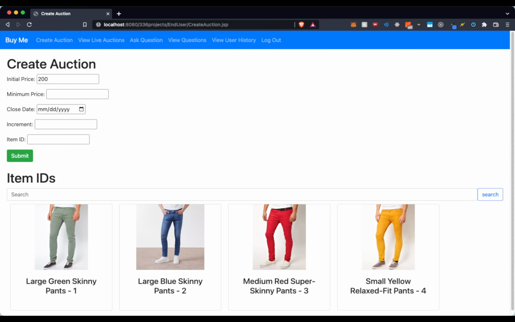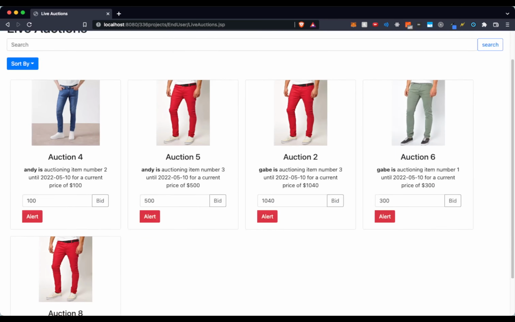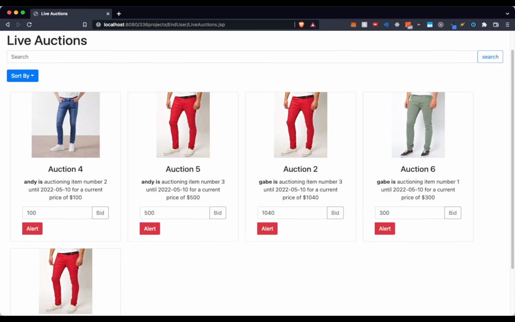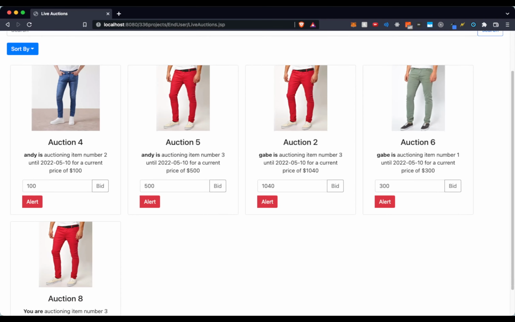These jeans are pretty rare. So let's go with red skinny pants. As you can see, as we click it, the item ID is shown here. A minimum price of $300, and we'll have it end by tomorrow. So in our case, it would be 09 2022, and an increment of $10. So here it's added. So I'm auctioning red pants with no bid history currently,